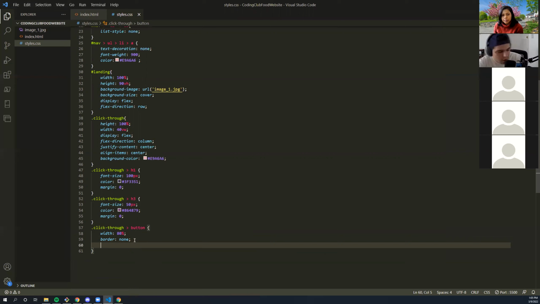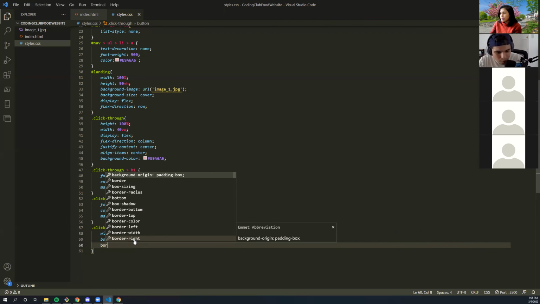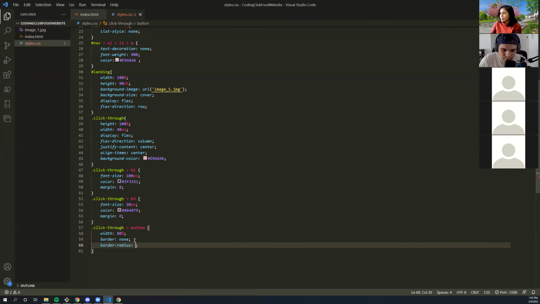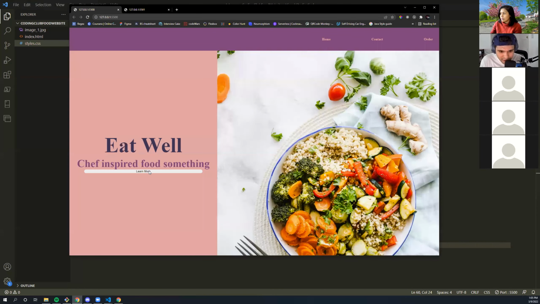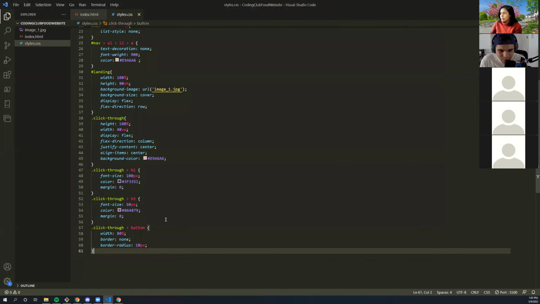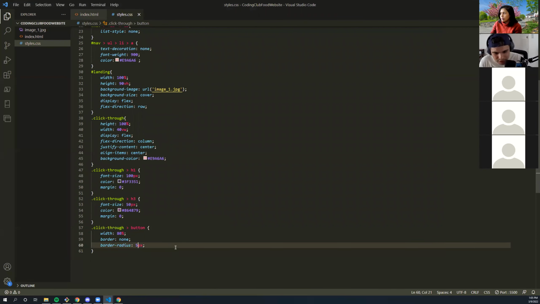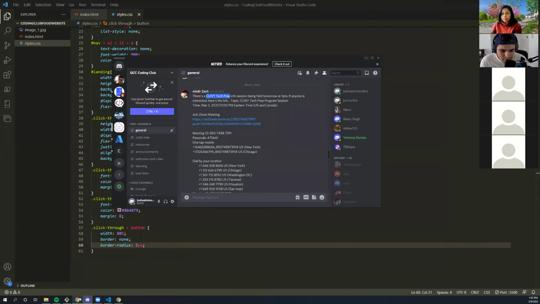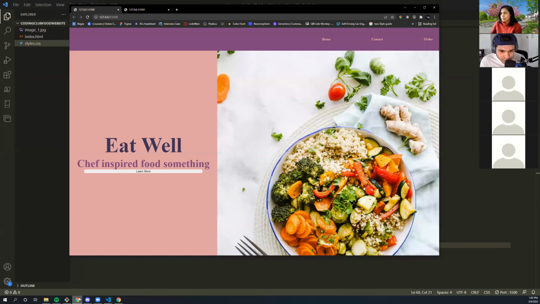So one of the most important things when styling buttons is the border radius. That will take our appearance of this boxy, ugly button to a little more rounder, cooler, more modern look. So if I put a radius of 10, I kind of have this nice circular button. I don't really like it that much. I'm gonna see if I bring it down to a 5. Cool. I kind of like this. It's a little more modern, not too circularly, if that's a term I can use.